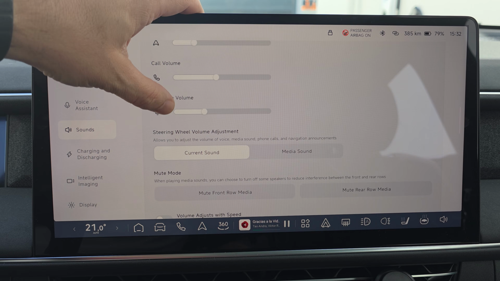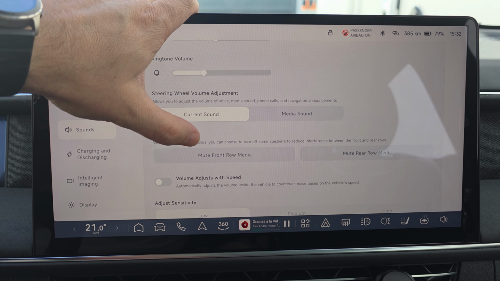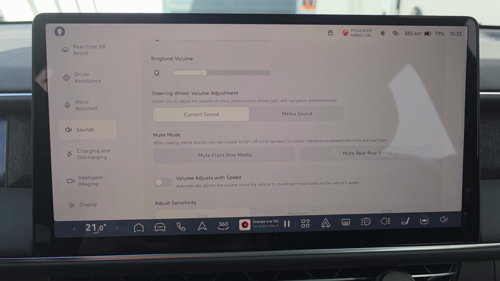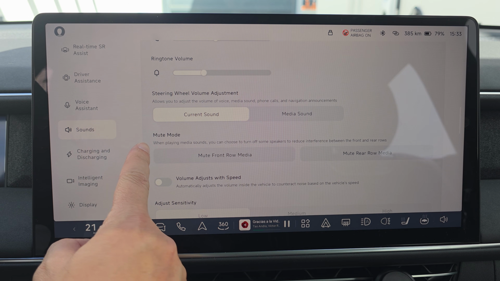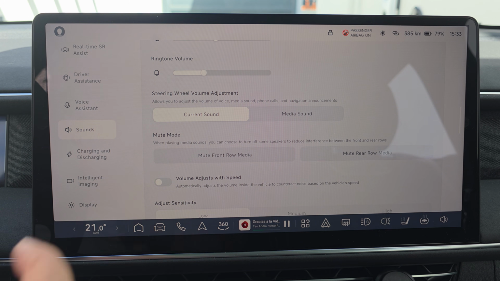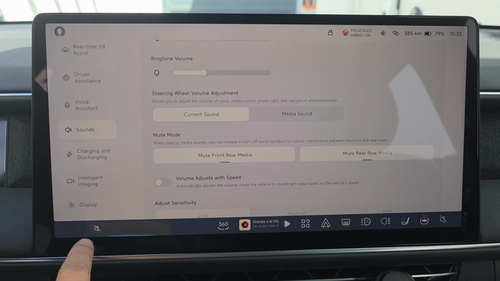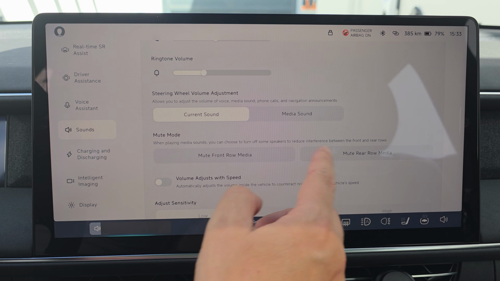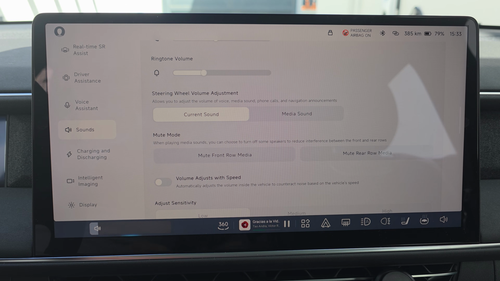Okay, then one important thing that I would like to refer: there are several people saying that they cannot hear the sound coming from the back. There is a very simple thing that can happen. You need to take in consideration this mute mode. So you can mute the front row or the rear row. And if you reduce the volume until 0, as you can see, it will show that both rows are muted. So be careful, because if you have some row here that is disabled, you will not, of course, hear sound